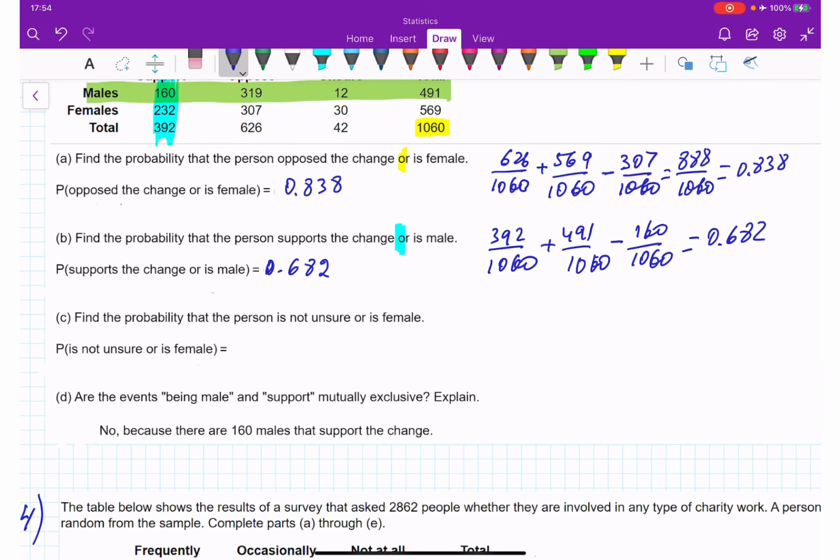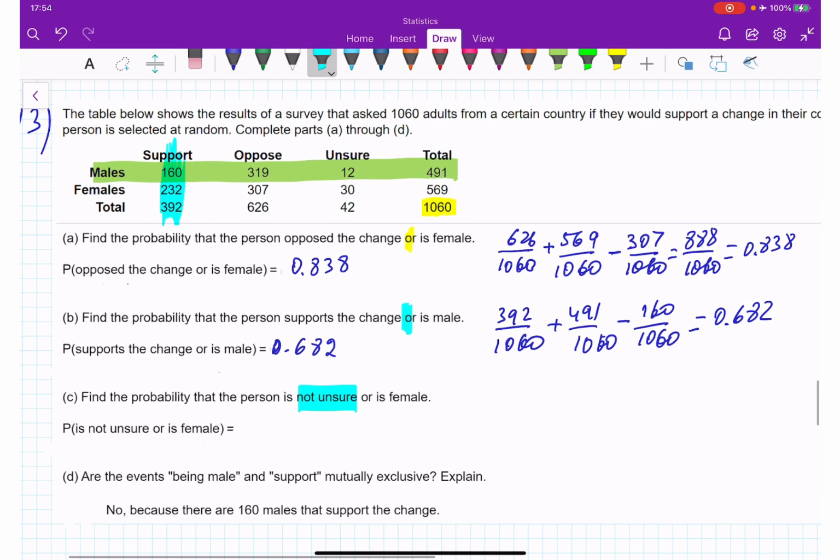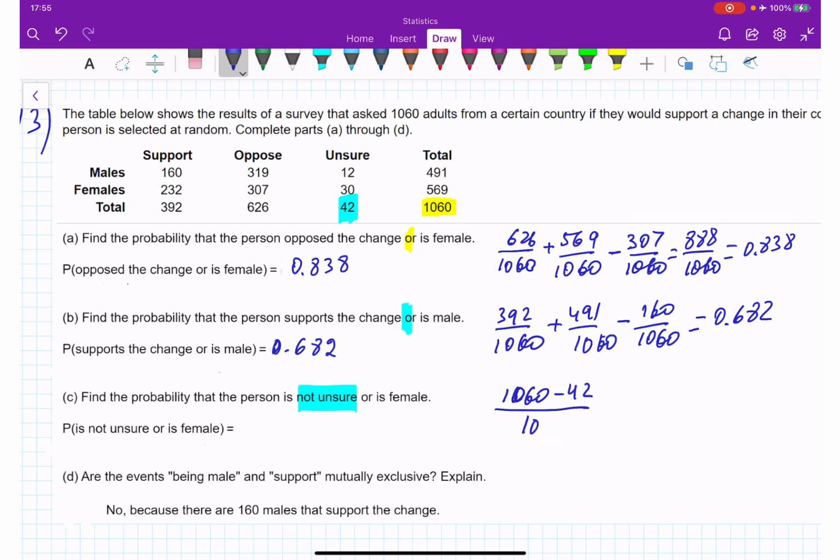C, what do we have? Is not unsure, not unsure. So we have 42. Let me clean this. We have total 42 unsure. And it says not unsure, which means I'm taking 1060 minus 42. The rest will be not unsure, over 1060, right? And then plus, it says or female, because it's or, we add it, and how much is our female here? It's going to be